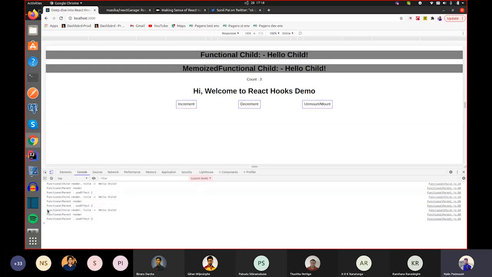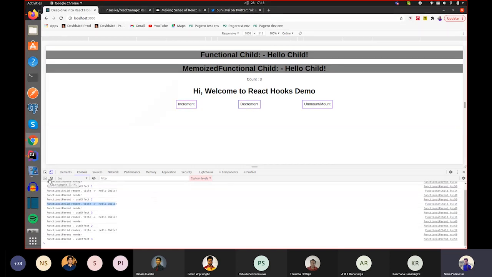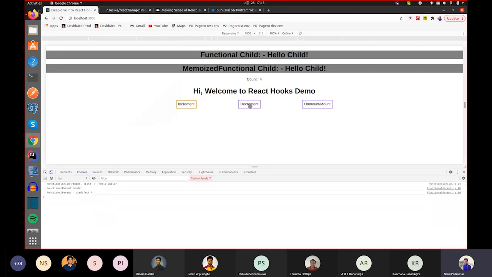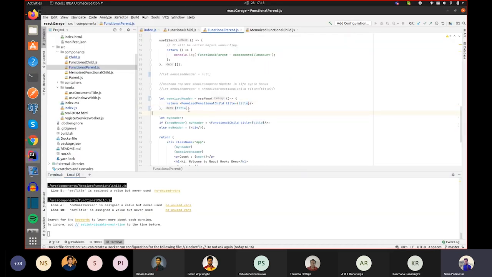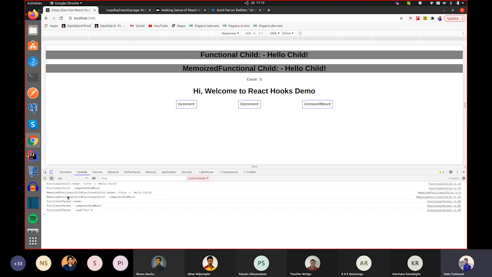Can you see only the functional child render title is calling each time? I will remove this again and show you. Can you see?